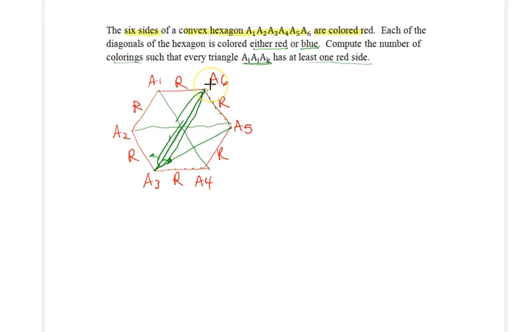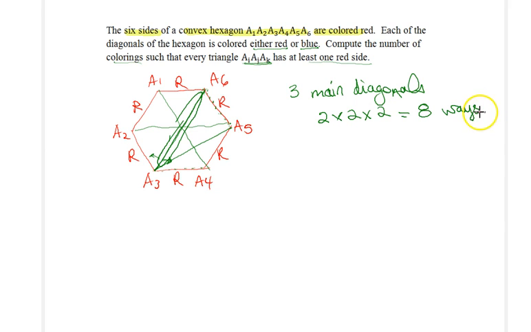Regardless, we always get a triangle that has at least one side which is red, namely one of the edges of our hexagon. So we have 3 main diagonals, and for those 3 main diagonals, each one can be colored in 2 different ways, for a total of 8 ways. Now let's focus on the other